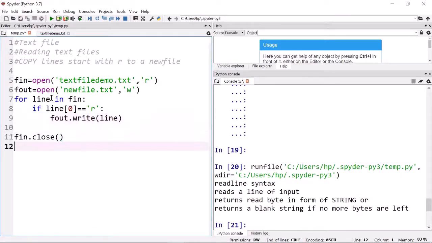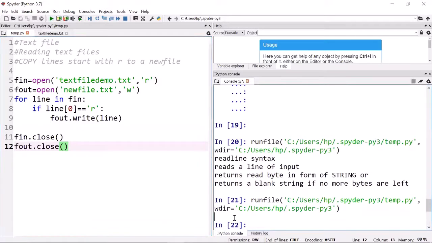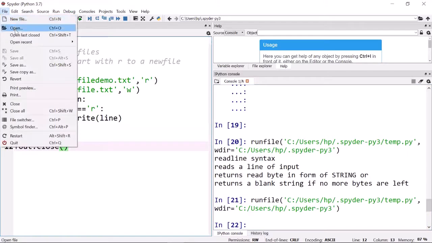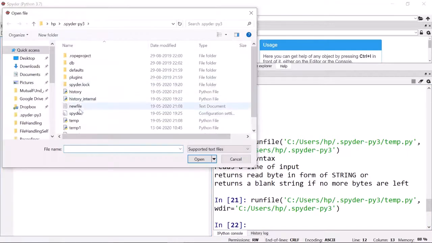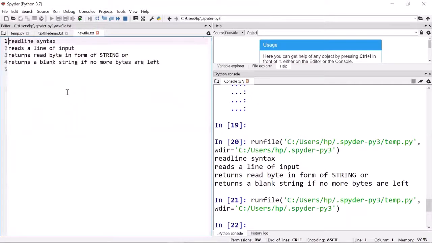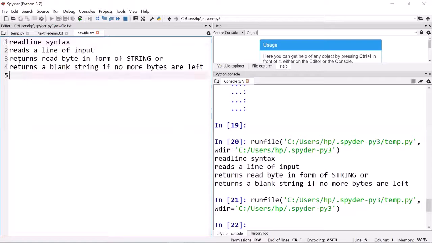Okay, fn.close, similarly fout.close. Let us save the program and run the program. We'll see no error, no output as such, only the file we have to open now. Find out the newfile.txt, and see. So here we have all the lines that start with R written.